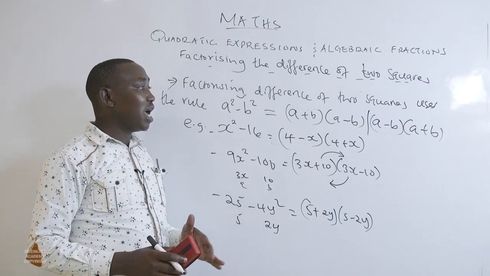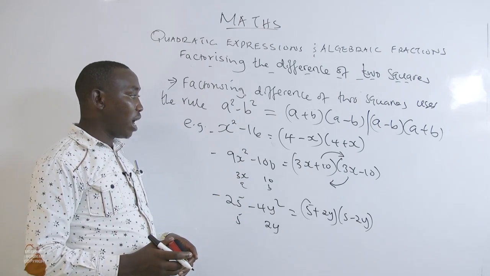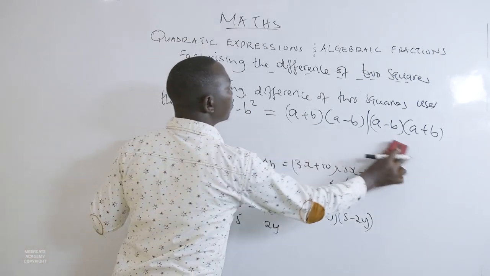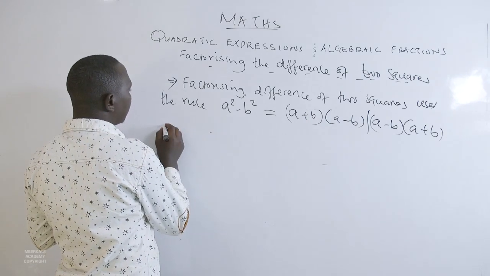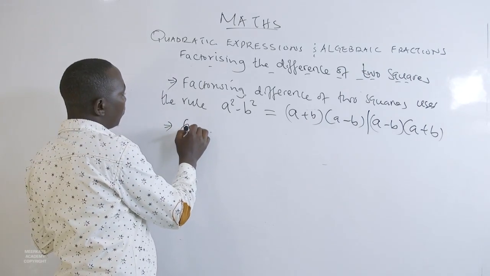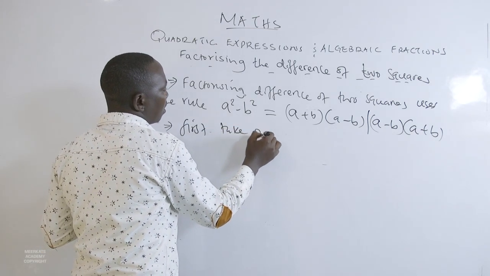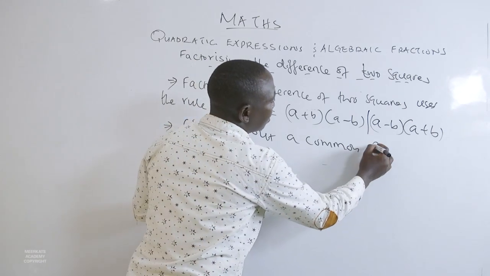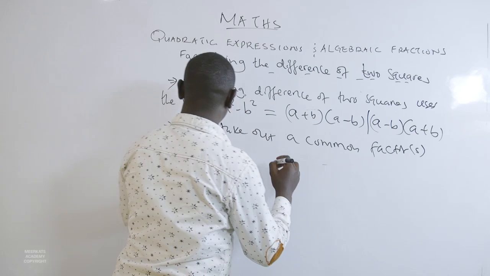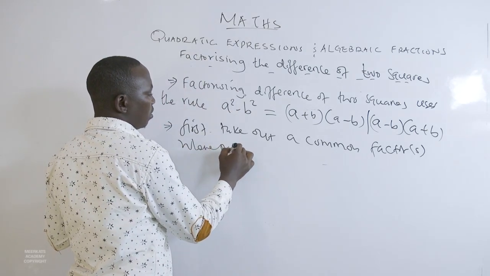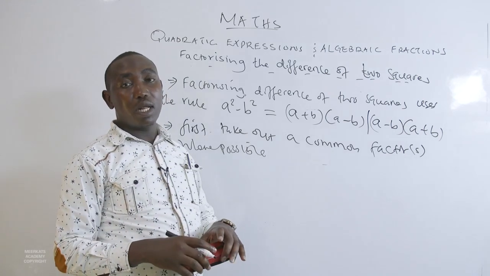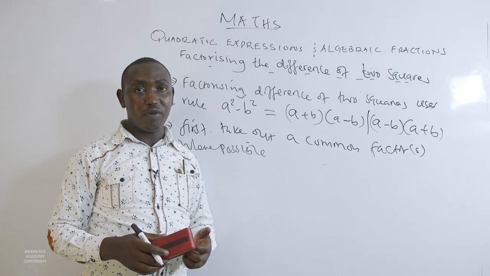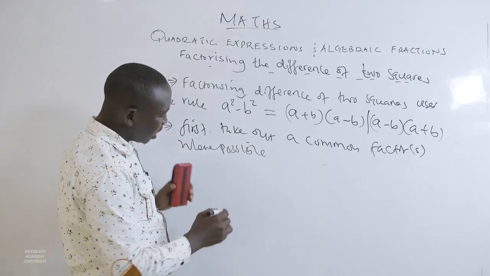Now there is an important aspect whenever you want to factorize difference of two squares. That is, if there is a common factor, take it out first. So first, take out a common factor or factors where possible. We are saying where possible because, like the 4 cases we have seen, there was no case where we are first taking out the common factor. For example,